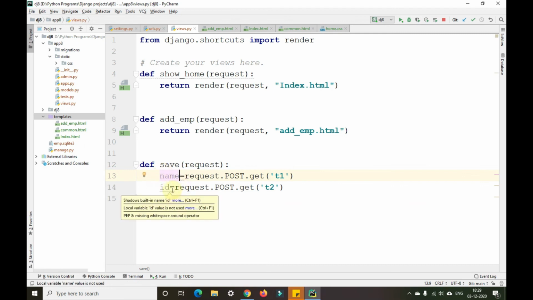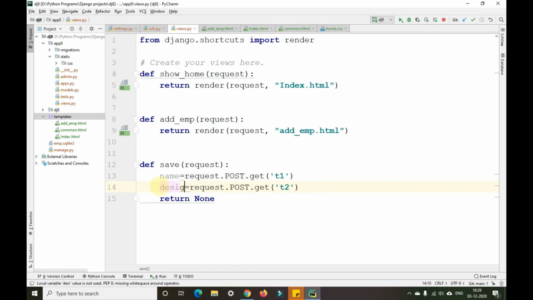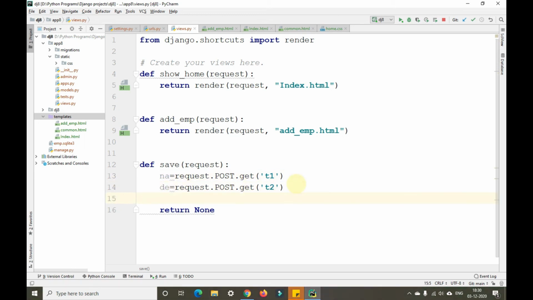And this is the designation that we have here, not the ID. D I'll take, and for name I'll take DNA. And in the same way we have salary. I'll take this as T3 here.